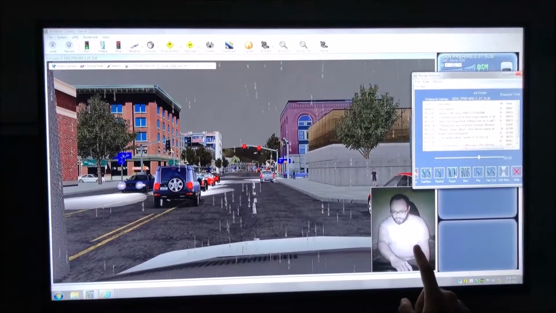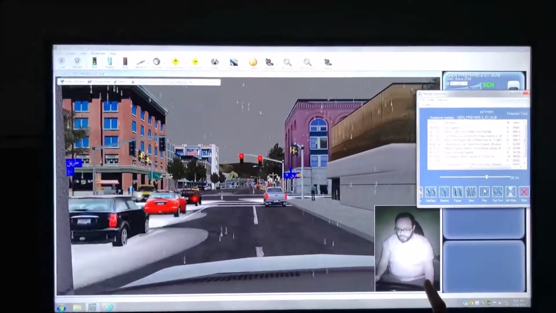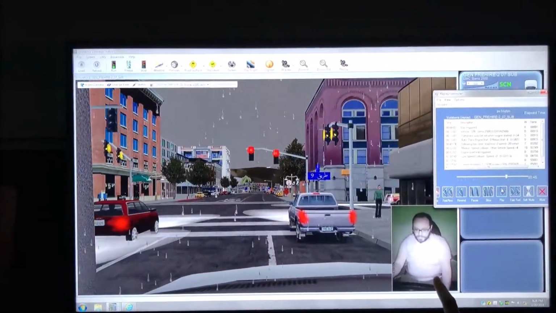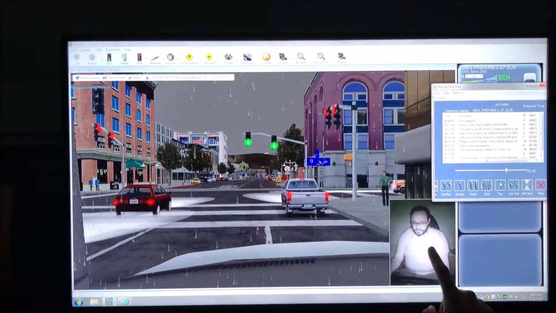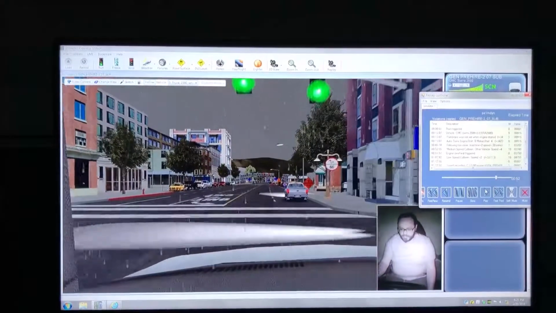Looking at the webcam that records the student's eye movement, we can see at this intersection that although it's a green light, the student has failed to scan left, center, and right, causing him